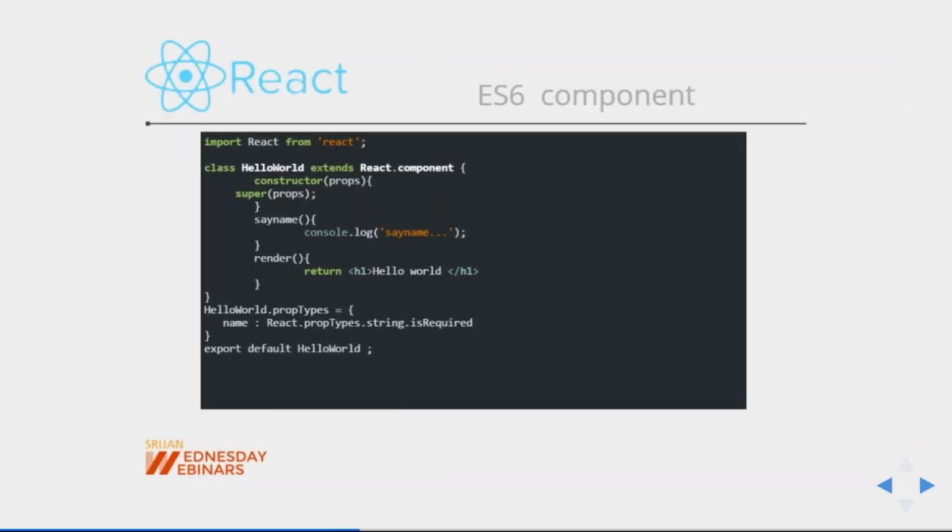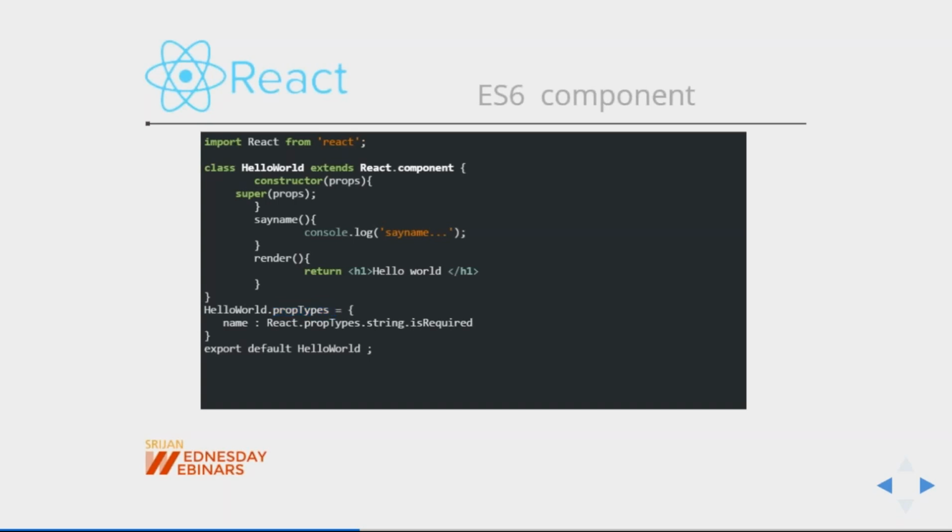Okay, so how does the ES6 component look? You will have a class component name, which will be extending React.Component, and you will be writing a lot of code inside it, like whatever methods you have. You will be writing a constructor to initialize the state of your component. You will be writing some events to manage the actions triggered from the UI, and then propTypes for the validation of the props object being passed in your React component. So this is the kind of syntax you will be writing for an ES6 component.